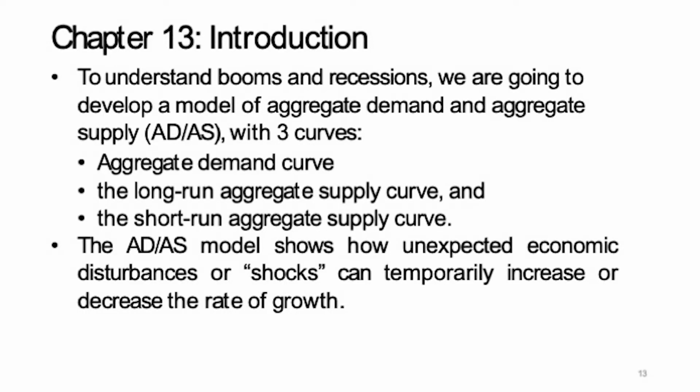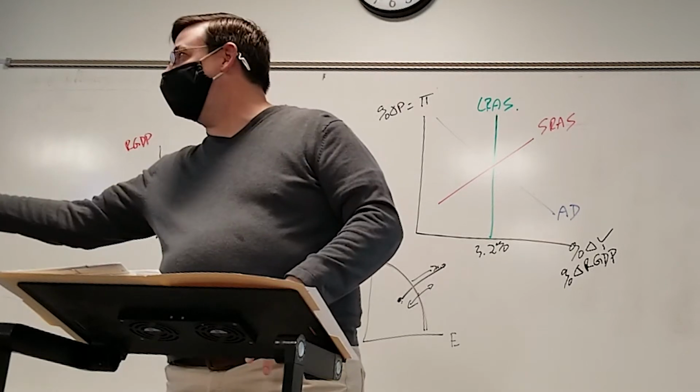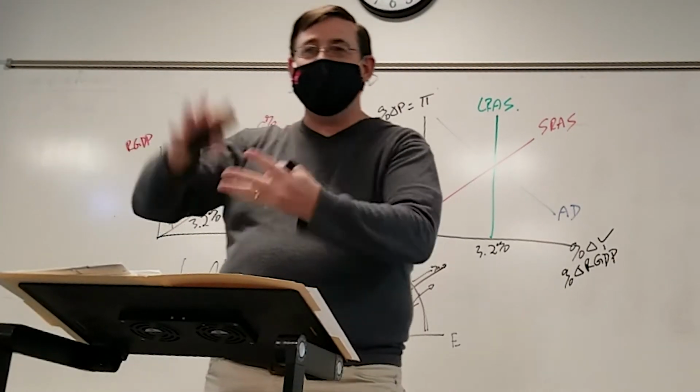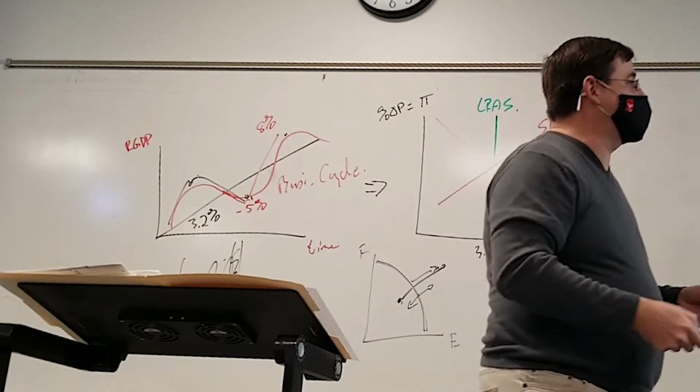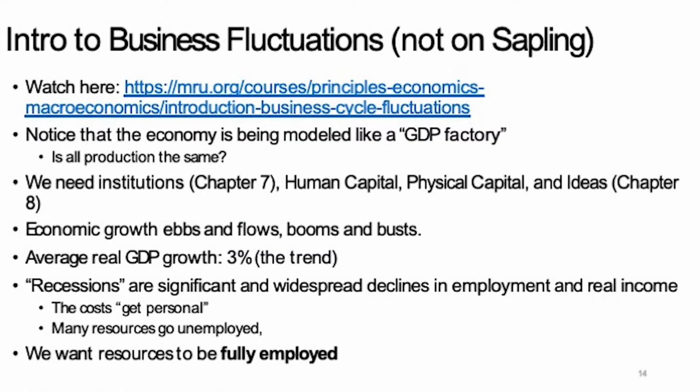This model shows how unexpected disturbances or shocks could temporarily increase or decrease the rate of economic growth. A shock, you'll remember, is something that comes from outside of the model and changes something inside of the model. It's unexpected, typically. So first we will start by